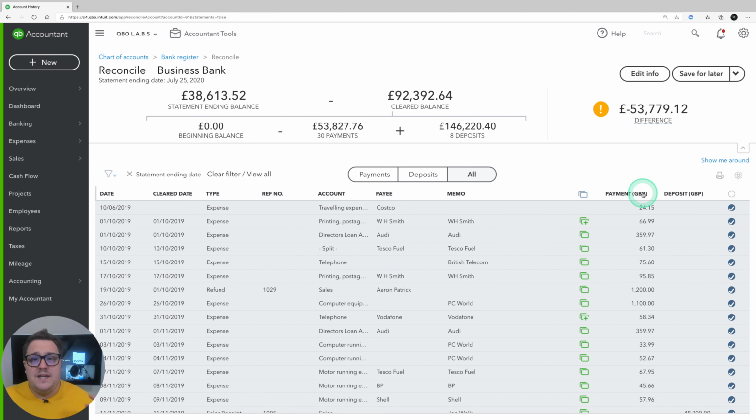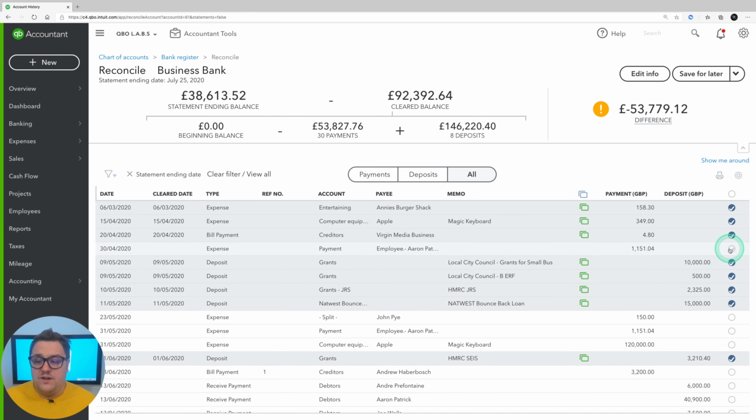You'll notice every time I tick a transaction, this difference figure is going to move because we've now got more transactions that have been cleared and our figure is going to start moving. So as I go through here and tick these transactions off,